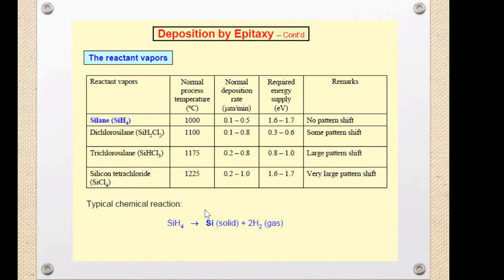So these are different types of reactors where reactant vapor is used in this method. In the chemical process, you can see silane, SiH4, which we have discussed. If it decomposes, the method is called pyrolysis: if you give sufficient heat, then the silane is decomposed into solid silicon and it liberates hydrogen. How much heat do we supply for this method? Around 1000 degrees Celsius. So this is just a simple pyrolysis process to decompose the silane into single crystal silicon.